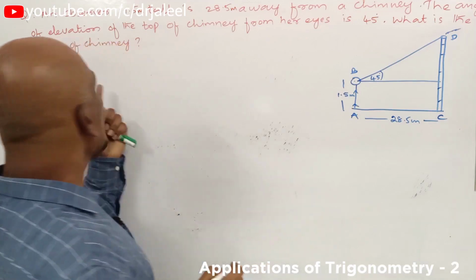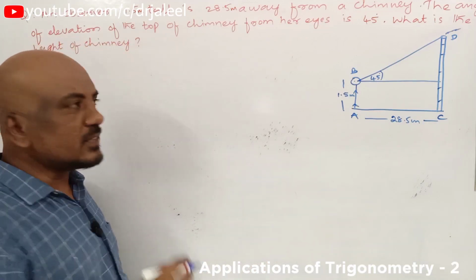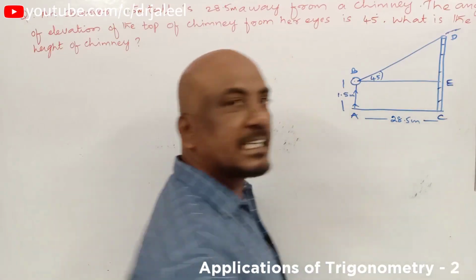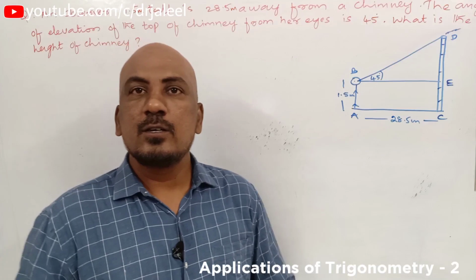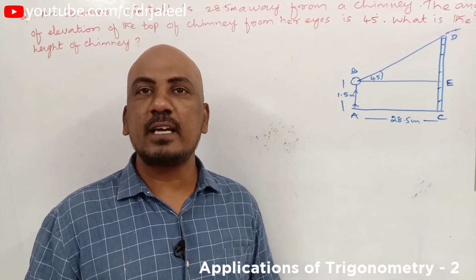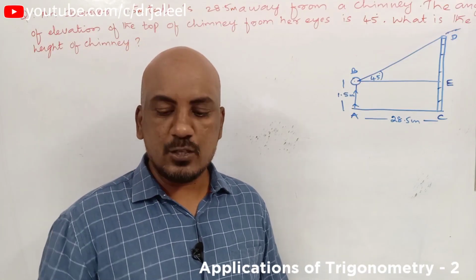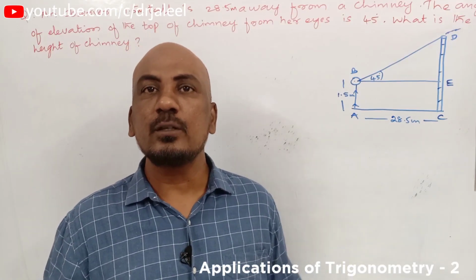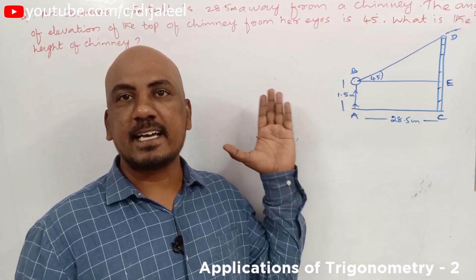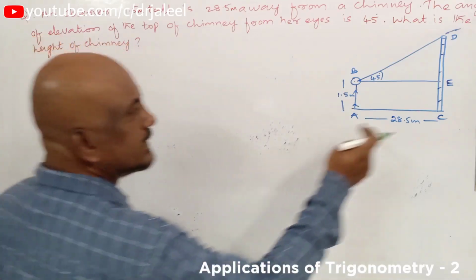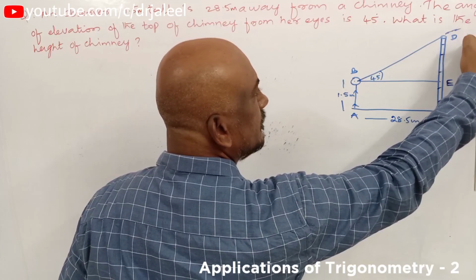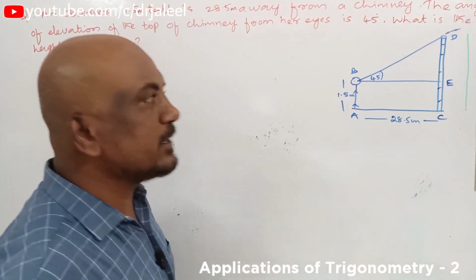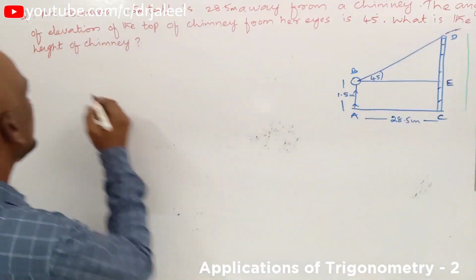So now what is he asking then? Find the height of the chimney. So what is the new point that is made here? Let us take it as E. So by understanding the question, we have drawn the diagram. So diagram is the first step. What is the second step that you need to follow? You need to describe this diagram, right? Let us describe. So what is the height of the chimney here, from here to here? This is the height of the chimney. You can label it as CD. So let us present it.